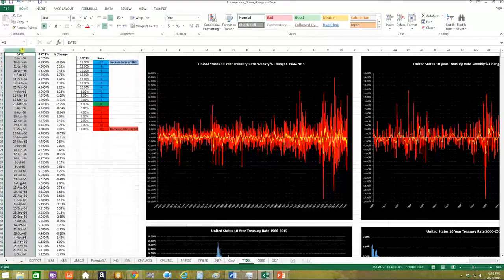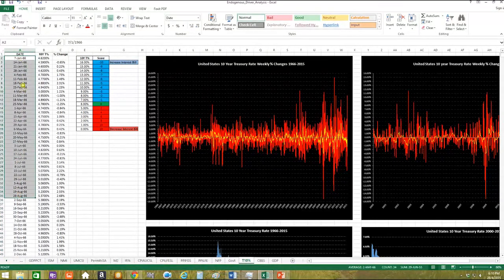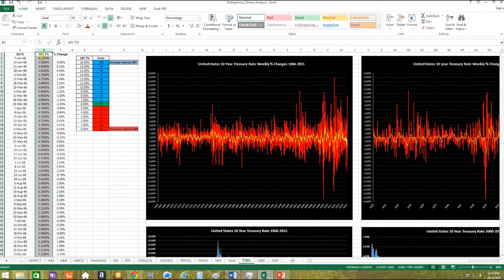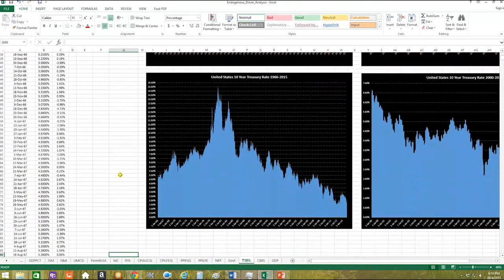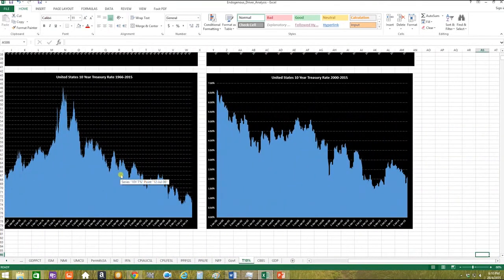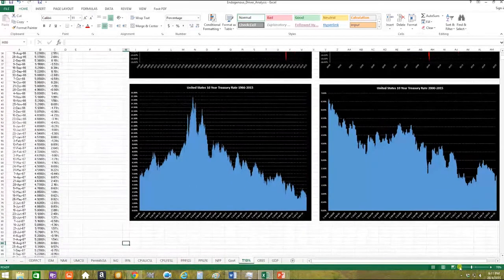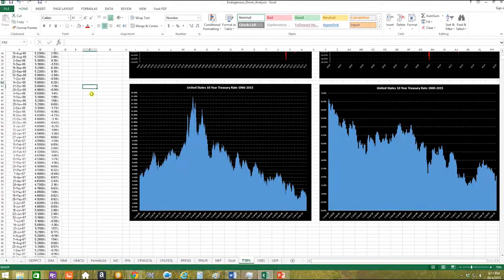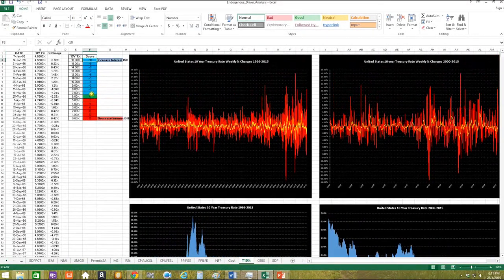So we go back in here, we have the date, and it's going up in increments of weeks, going back to 1966, all the way down to present day, right at the bottom. And we have our yield on the 10-year benchmark Treasury rate. What we also have is a percentage change on the week, which we'll come to in a second. But you can see here our charts and analysis from the presentation earlier. You can go into these charts and look at where the data is referencing from. We have our scorecard here as well.